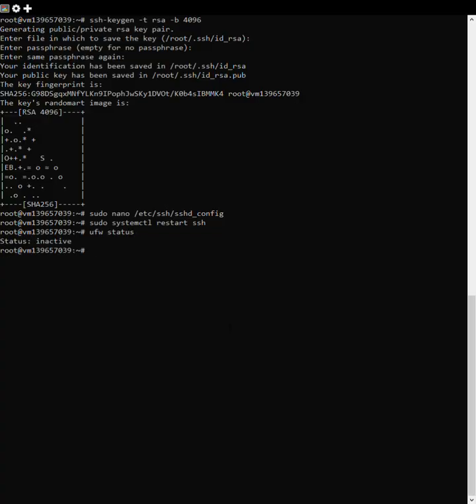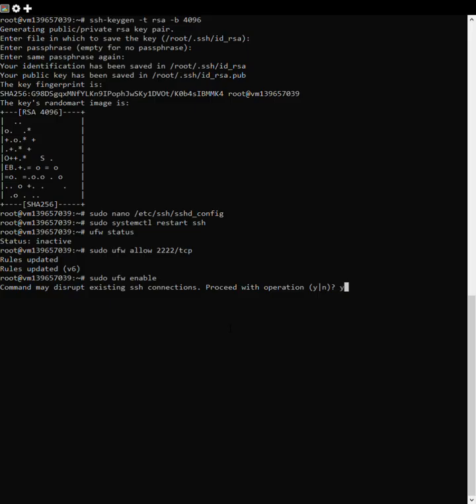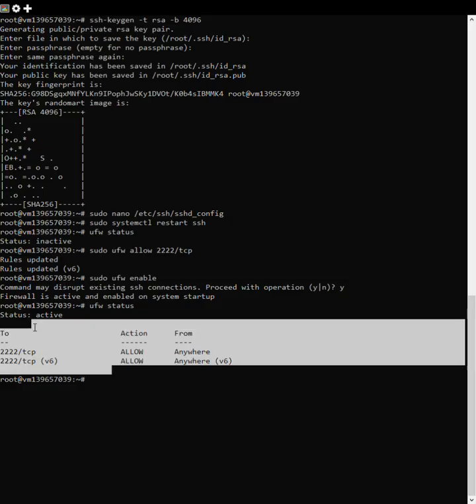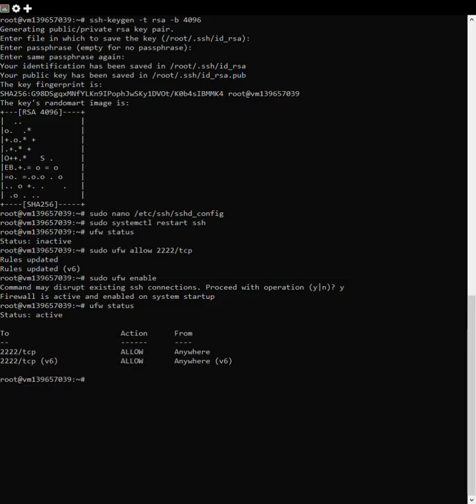As of now the firewall is inactive, so now I have activated the firewall. If I see the status of the firewall, now this particular port is open. So this is the fourth step, that is you want to enable your firewall and enable the port that you newly added for SSH